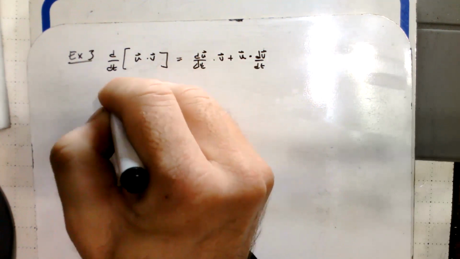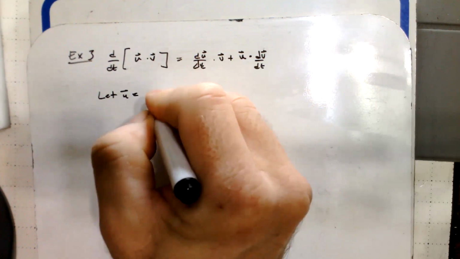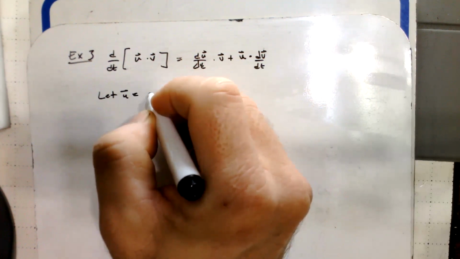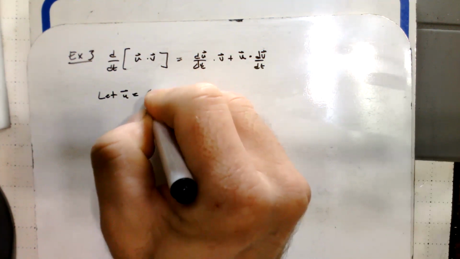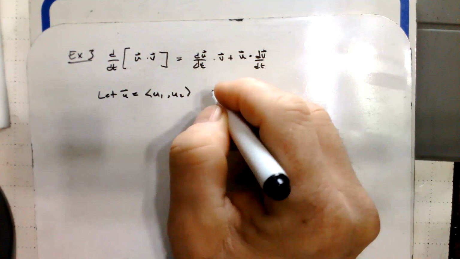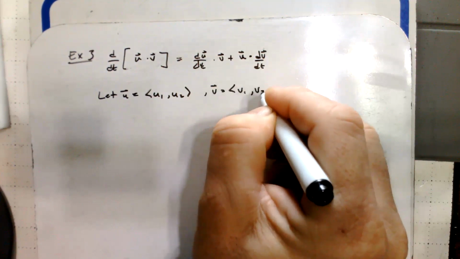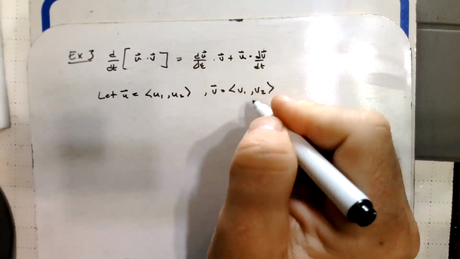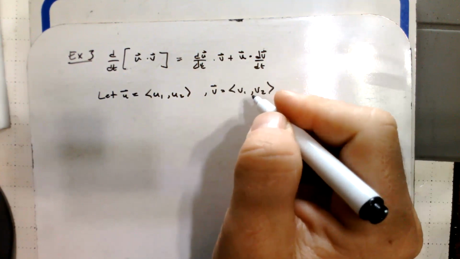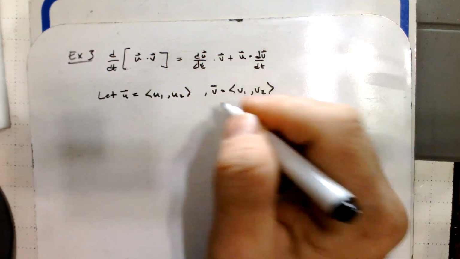Okay, so we're going to let u be u1, u2. We'll just do two components, but the same is exactly true if we had more. And v is going to be v1, v2. If you did 3 components, for example, the same exact analogy would hold. You just add another component. Okay, so we're going to prove that